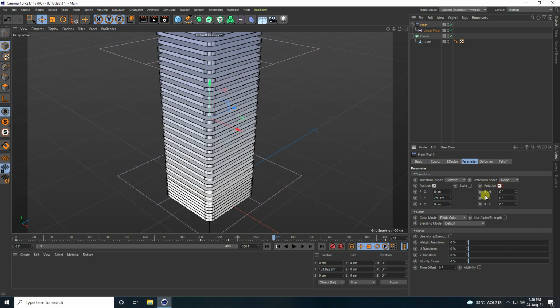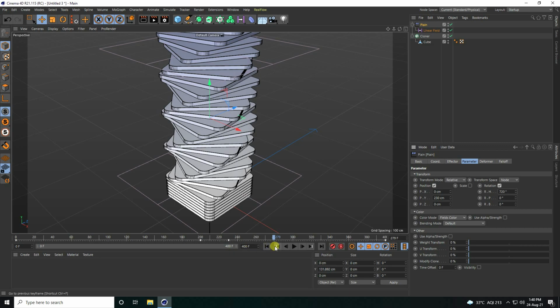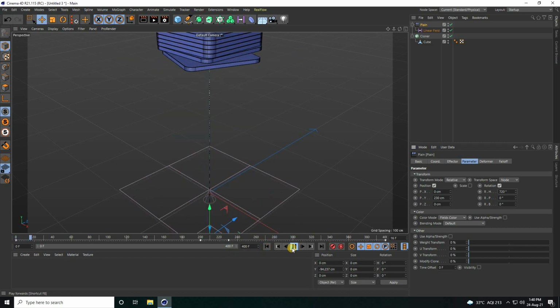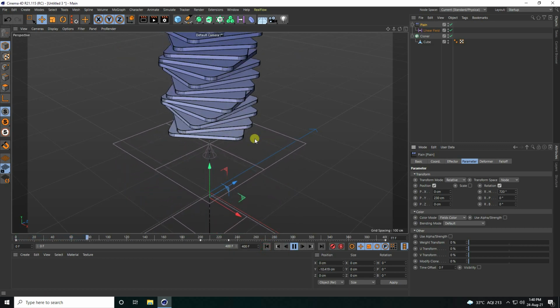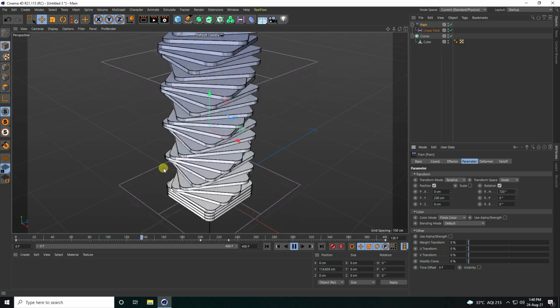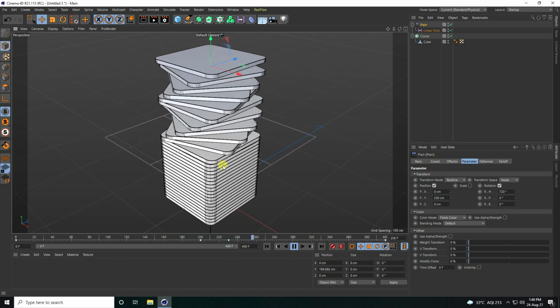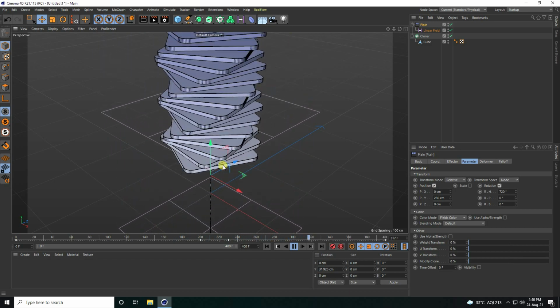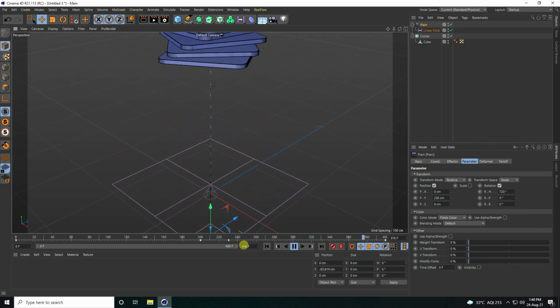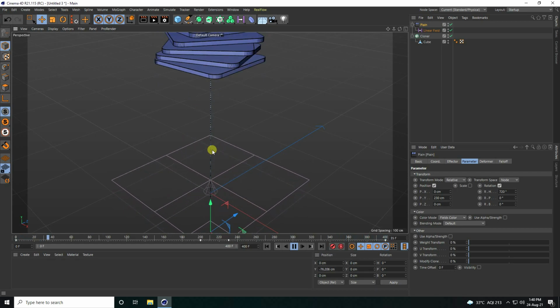So rotation check and R.H like 720 and go to back and play. Yeah, that's really good. See guys, that's my rotation animation. Okay, so guys, my rotation is really good.